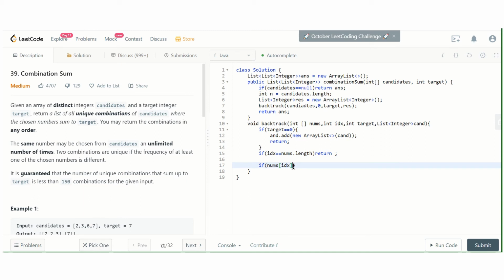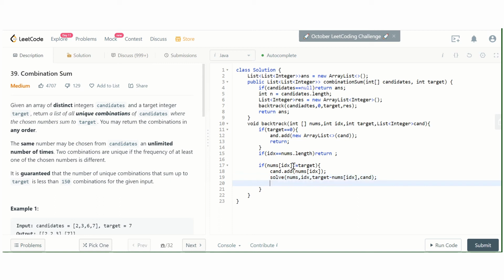Now we check if nums at idx is less than or equal to target, then we add this: candidate dot add nums idx, and recursively call to solve using the same element: nums, idx, target minus nums idx, and candidate.